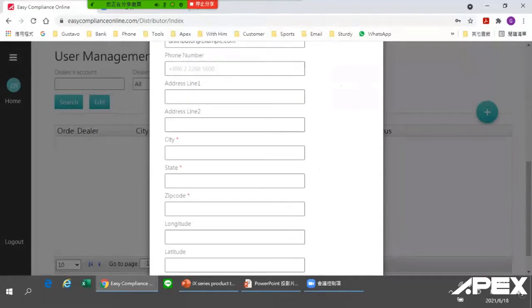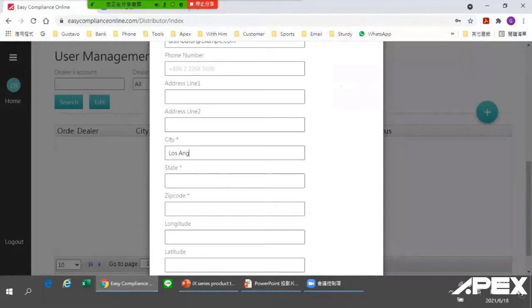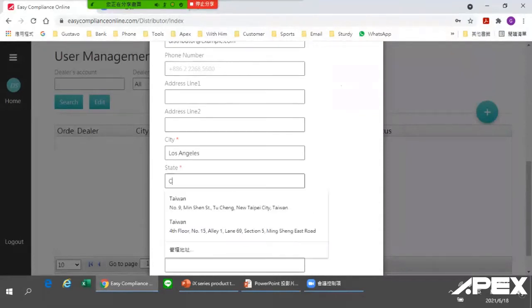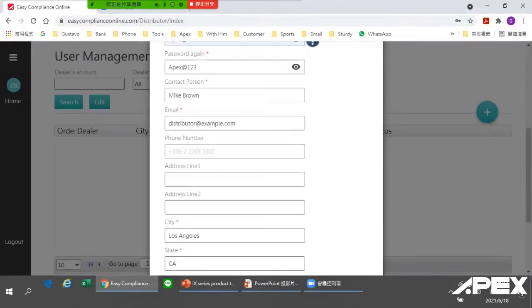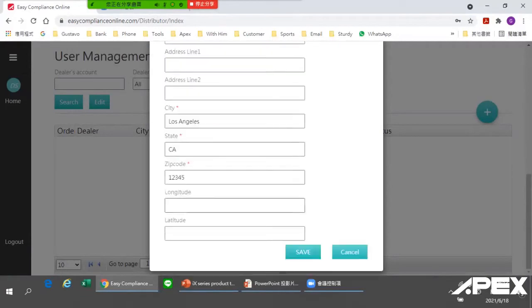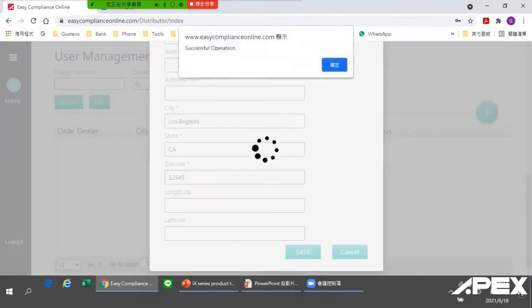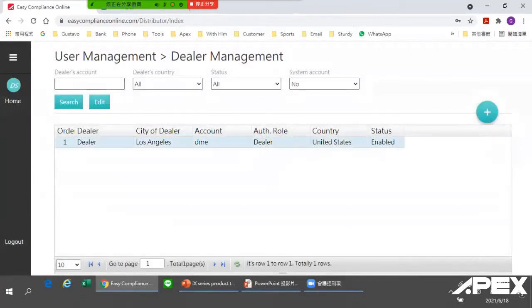So the rest you can just select right here. I'm just making things up, California, 2, 3, 4, 5. Okay, so once you've filled in all the required asterisk parts right here, you can click on save, and then it is successfully created. So this is the DME account ID that you use to